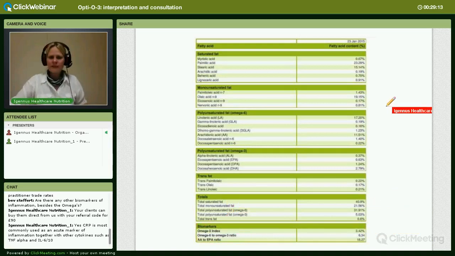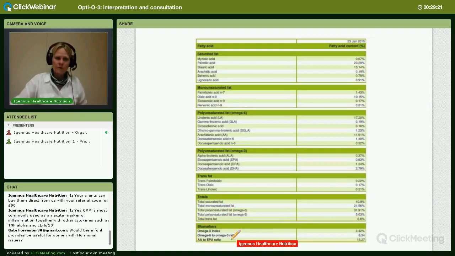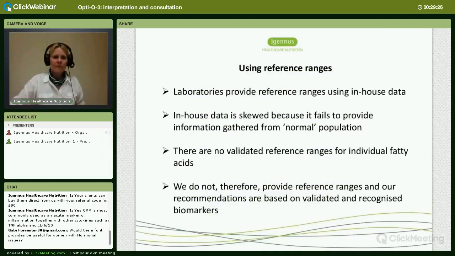Now you will see, the first thing that you'll see is that we only provide the results, we don't provide reference ranges. Now we have had a few practitioners who have said, what are the reference ranges? What do I need to be looking at? There's a very good reason why we don't provide reference ranges, and that's because there are no validated reference ranges